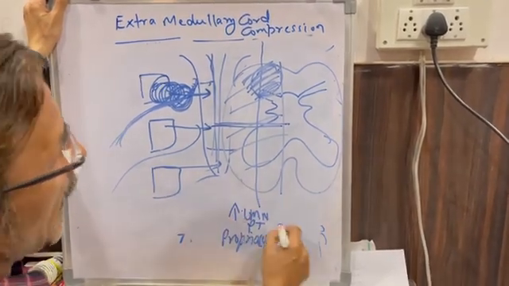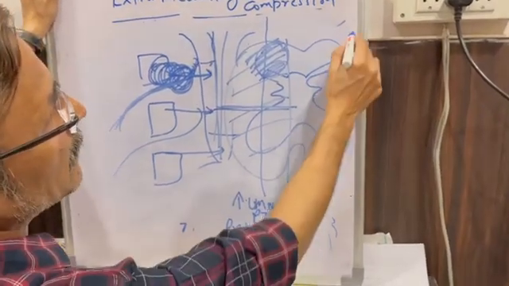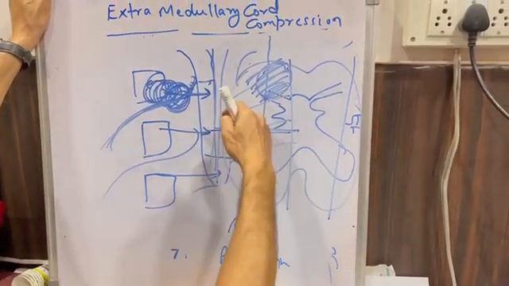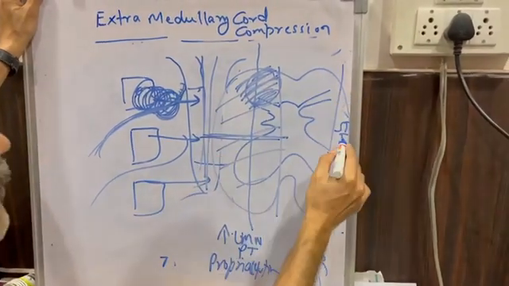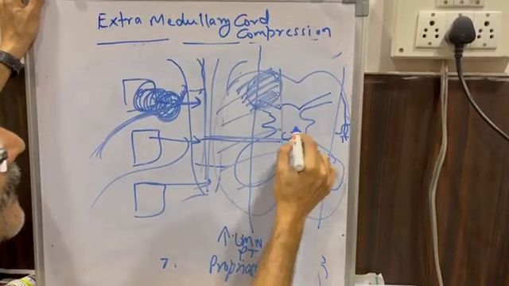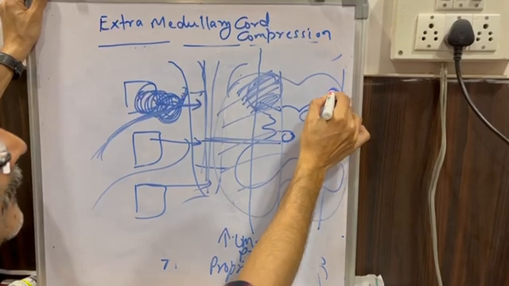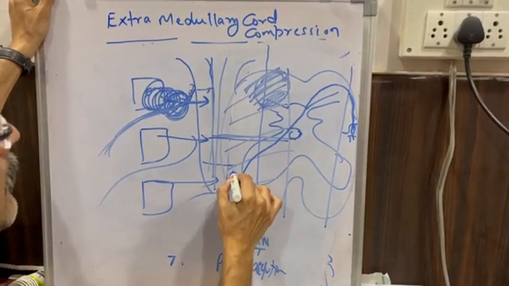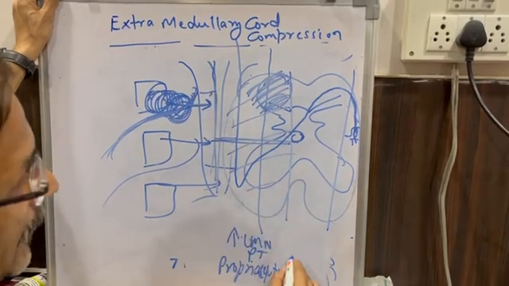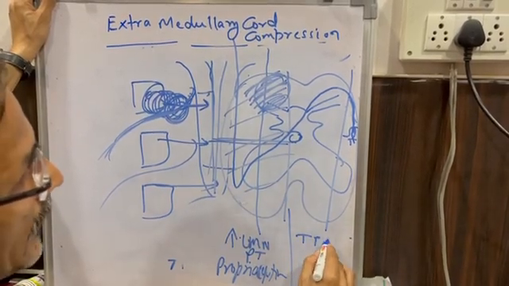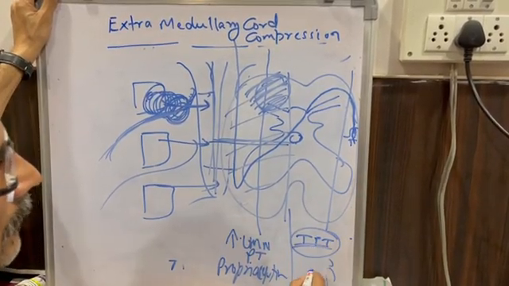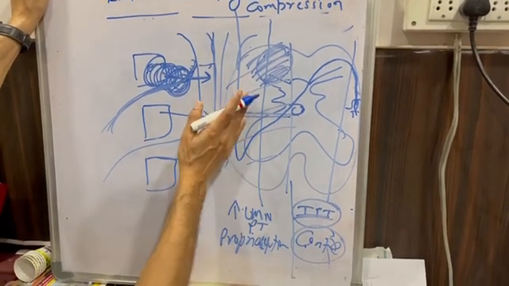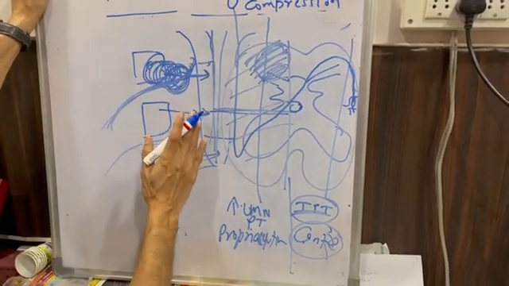Proprioception loss. And on the contralateral side, as we know, the spinothalamic tract crosses to the opposite side at the level of the spinal cord, near the central canal. The spinothalamic tract is crossing at the level of spinal cord and is going up. So you will be having touch, pain, temperature sensation loss on the contralateral side. So this is another presentation of an extramedullary extradural cord compression.